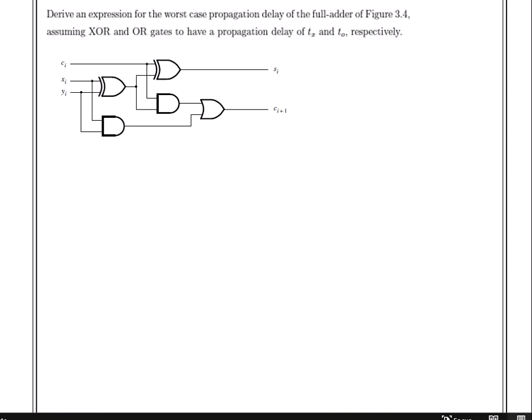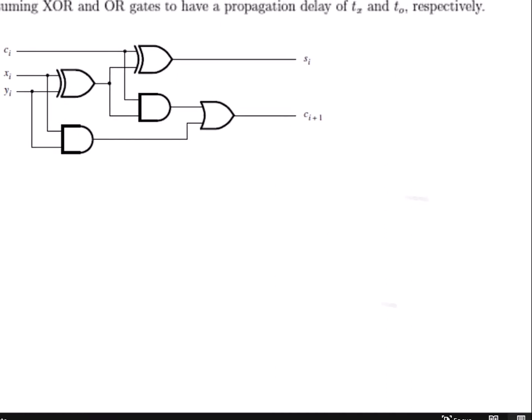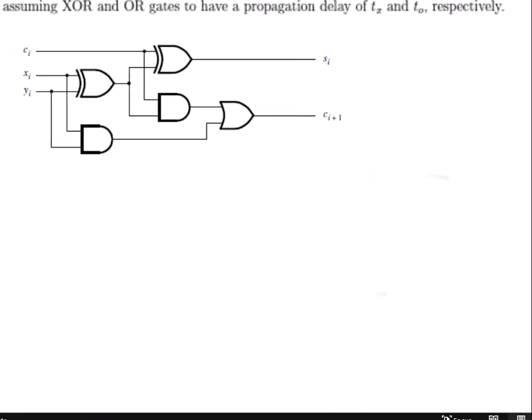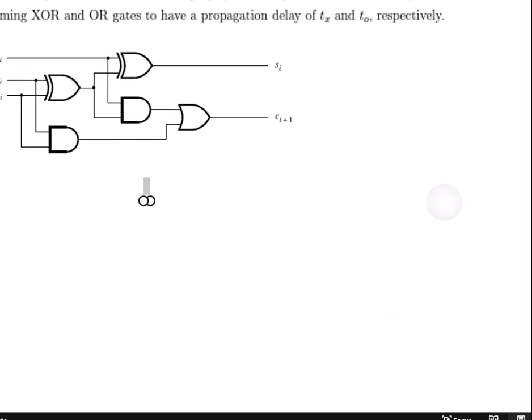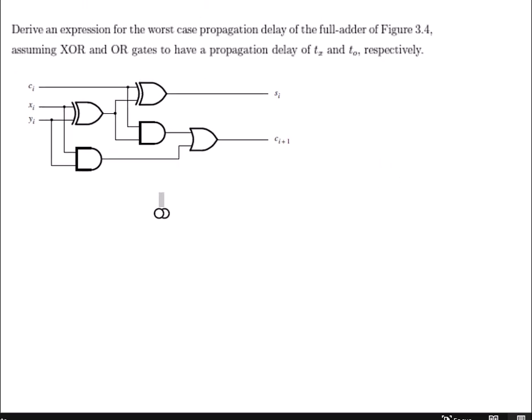So we want to identify little stops along the way. Okay, so we said that the time for an exclusive OR was Tx. So the time for this exclusive OR is Tx, and that's also Tx. The time for the OR was To, and it doesn't say